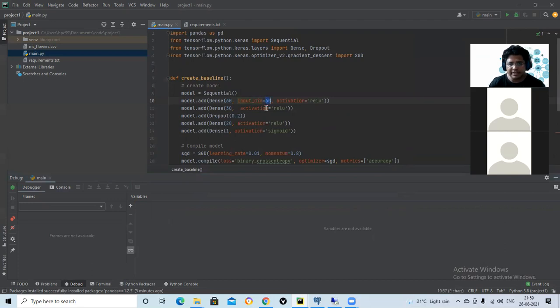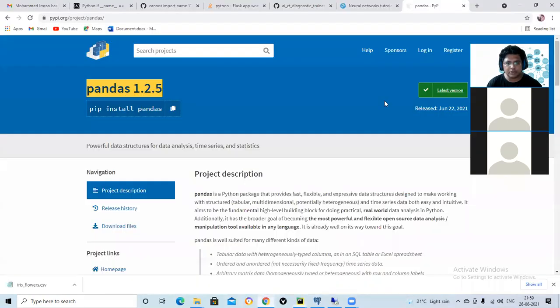What should I write in this place? Four, I guess. Yes, because we have 4 inputs, right? We have 4 features. So input dimension is the number of features that you have for a particular model. Okay. Now from 4, we'll parallelly open this also.